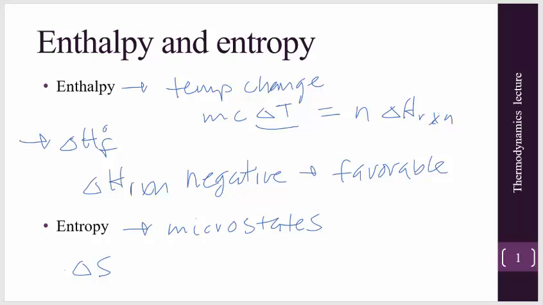And for a reaction, if the change in entropy is positive, if there's an increase in microstates, we would also call that favorable. Okay, so there are enthalpy and entropy. So let's take a look at a reaction now,